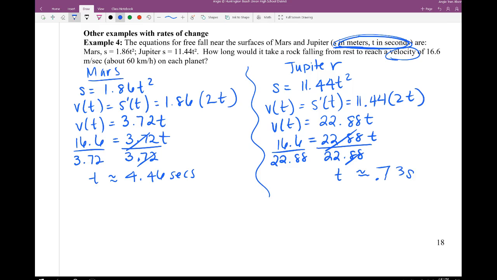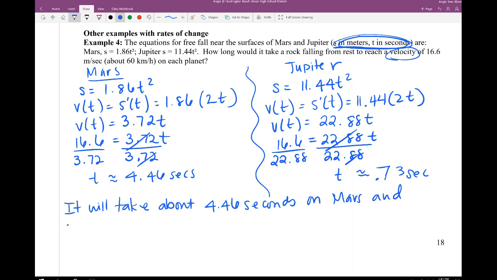And time, so I'm in seconds. So let's write our final answer. It will take about 4.46 seconds on Mars, and much faster, 0.73 seconds on Jupiter